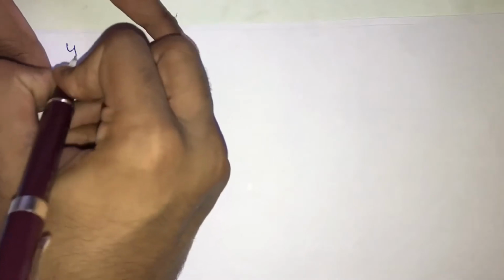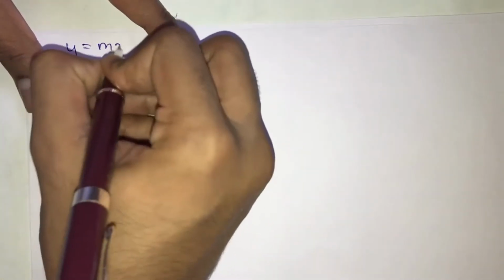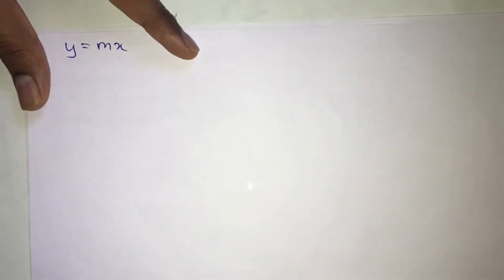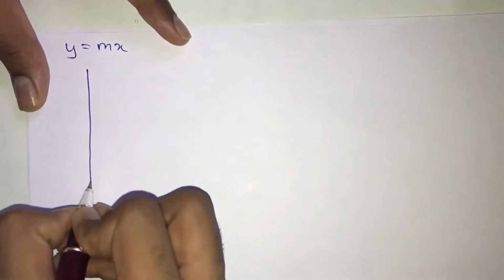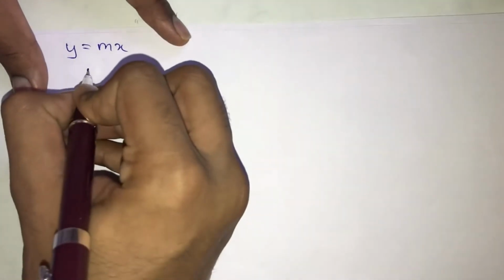So guys, please listen carefully over here because these concepts are going to help you all in drawing the graphs required for understanding these laws. Okay, so basics I'm going to tell you all. First of all, you must have heard of the equation y equals mx. This is nothing but an equation of a line, and as we all know, this equation stands for a line which passes through the origin.